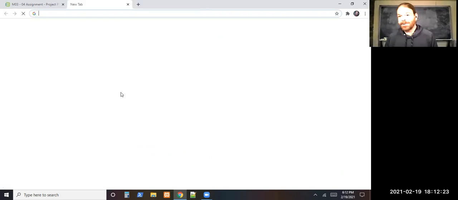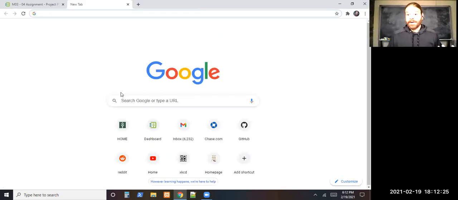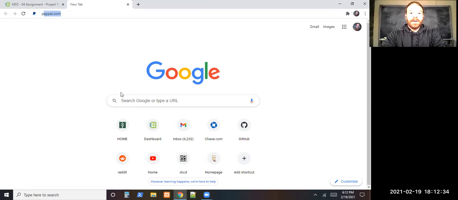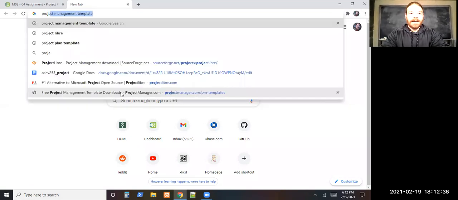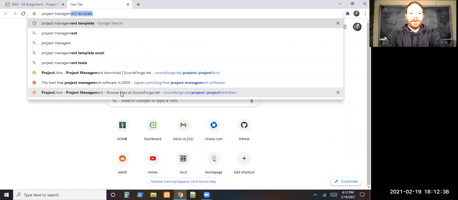So if I open a new tab here, I'll go ahead and close that. Those are just spreadsheet templates. If you want, you can download those, but whatever spreadsheet program you use probably has some templates for project management built into it. But if we look for project management software,